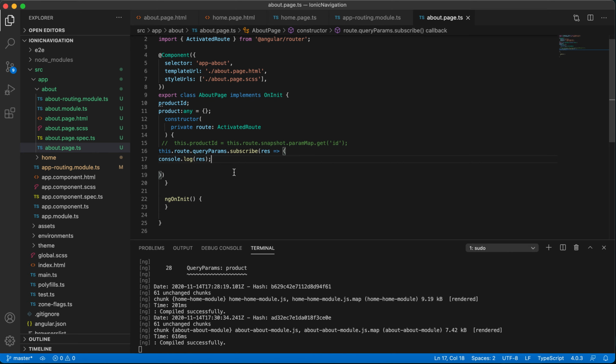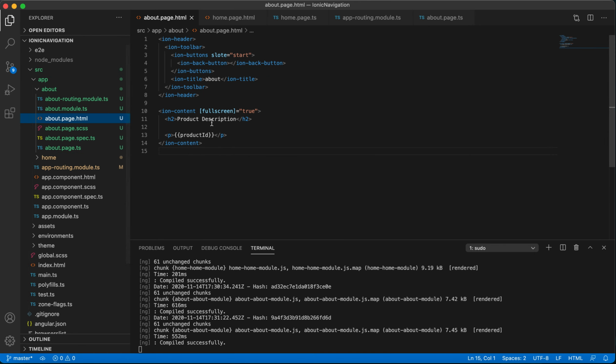Now using this we can display the product, like this dot product equal to res. Now we can display the product information.